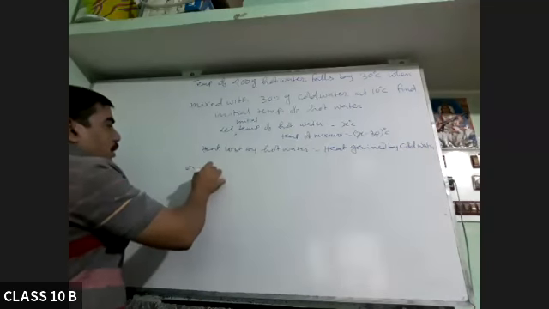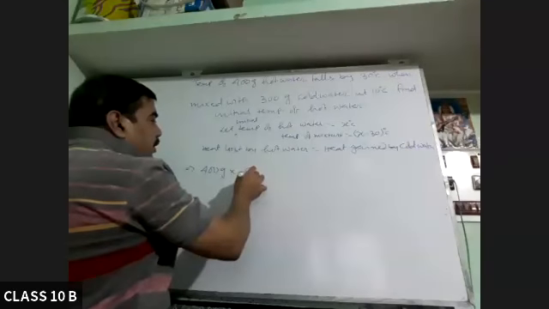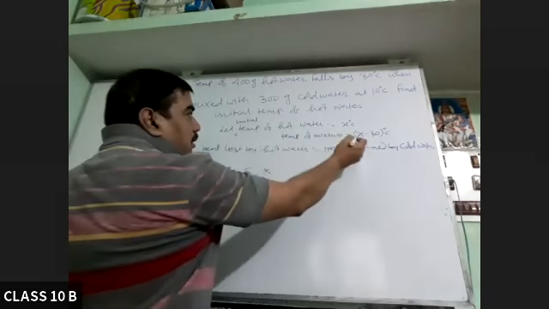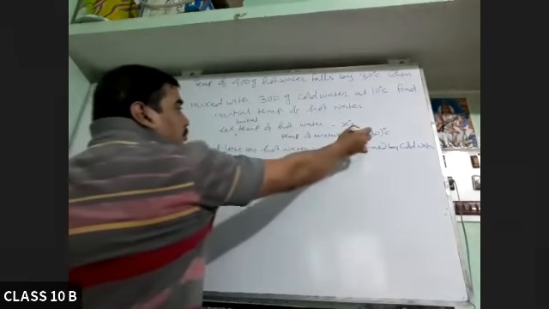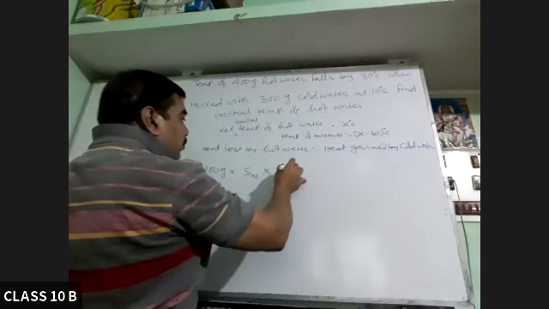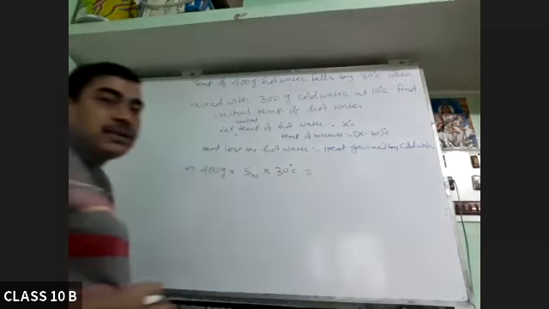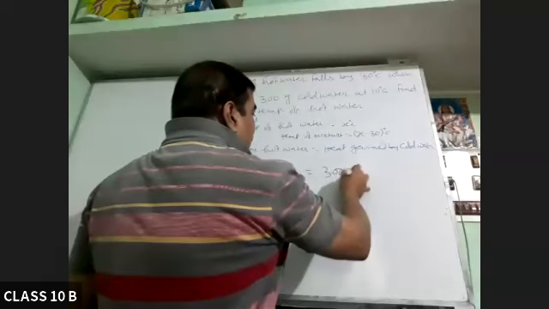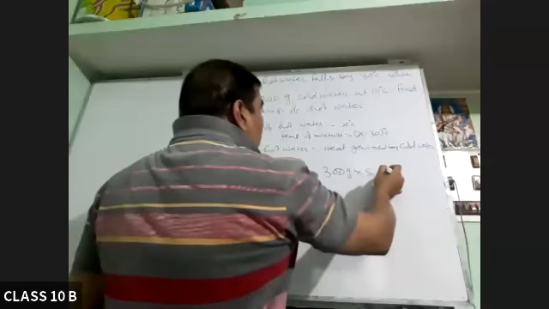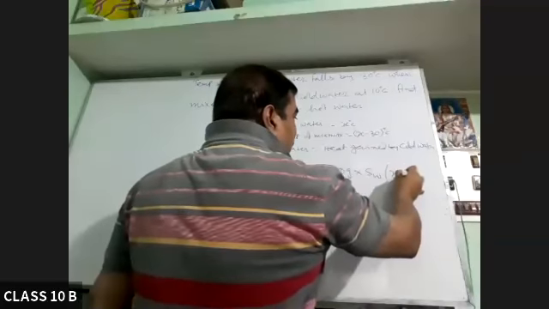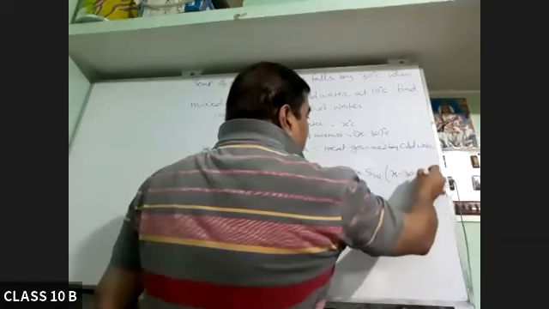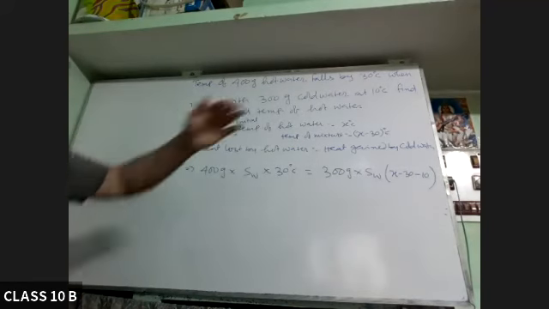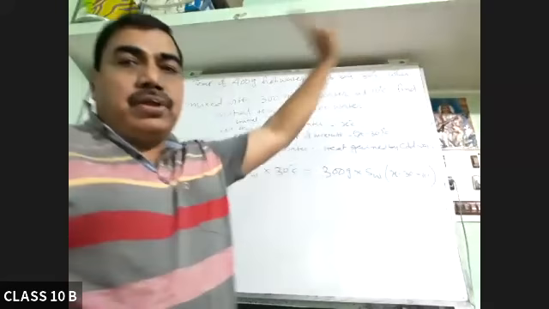So it is 400 gram, specific heat capacity, and the temperature fall is given as 30 degrees Celsius. This is equal to 300 gram into specific heat capacity into its temperature change, which will be how much? The temperature of the mixture is x minus 30, so its temperature will rise from 10 degrees to the temperature of the mixture: x minus 30 minus 10.